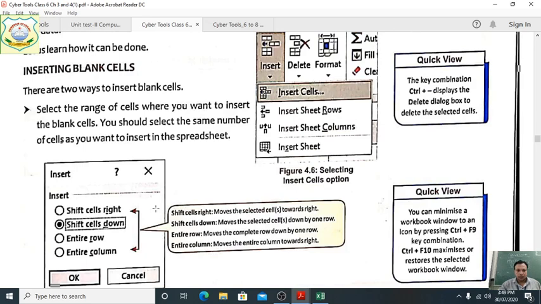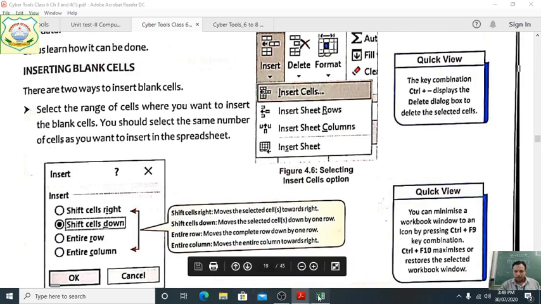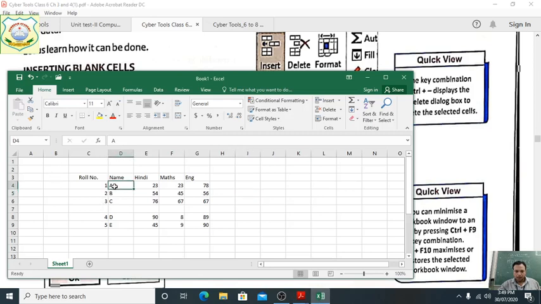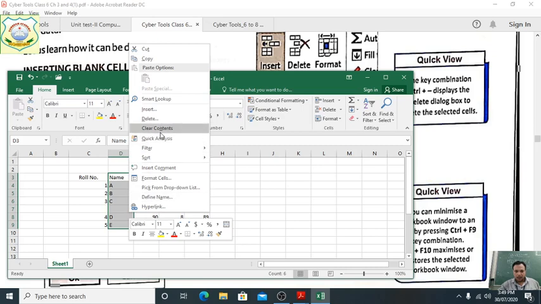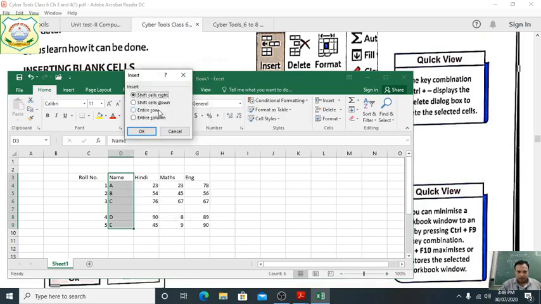Select the range of cells where you want to insert the blank cells. You should select the same number of cells as you want to insert in the spreadsheet. Suppose we have selected, right click on it, then insert cells, shift cells right or shift cells down.